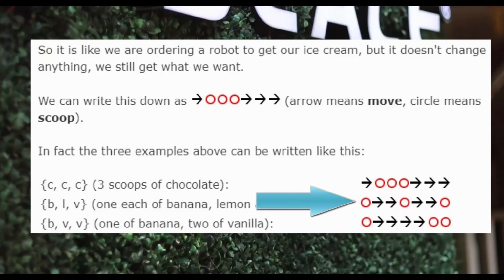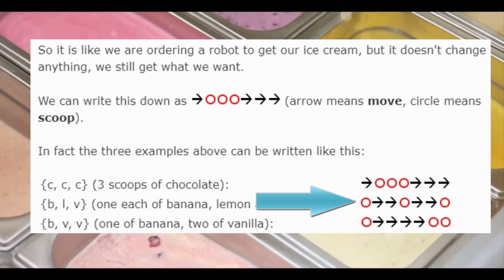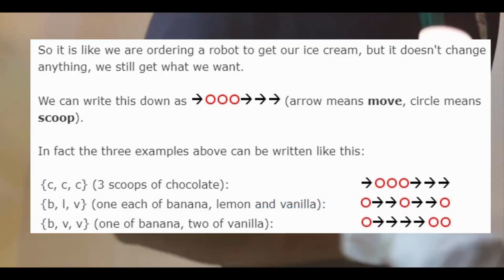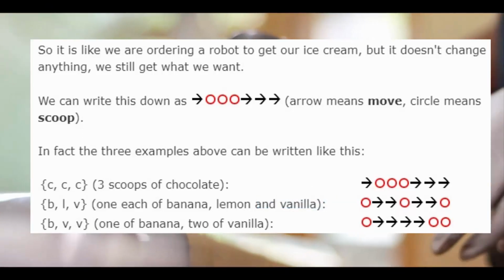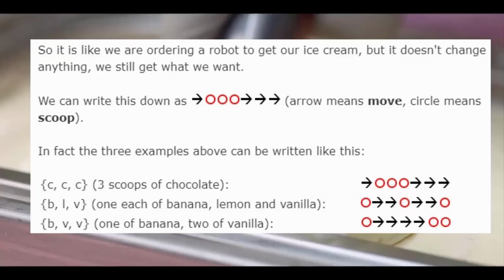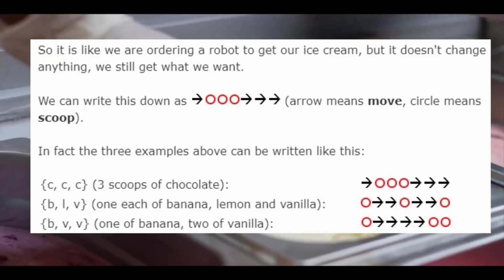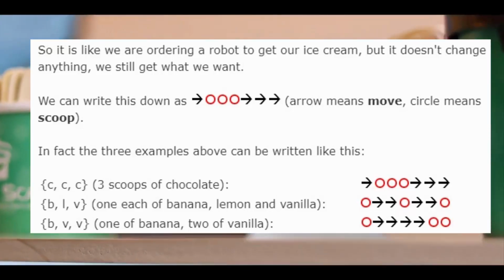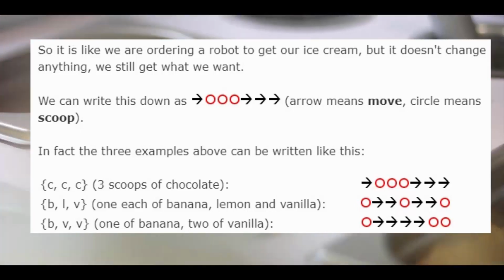In the second one, it would be scoop, move, move, scoop, move, move, scoop. And the third, right, when I want banana and 2 of vanilla, it could be scoop, move, move, move, move. Say that 10 times fast. Scoop, scoop. So basically what we could do is we can mathematically look at this and build an algorithm on